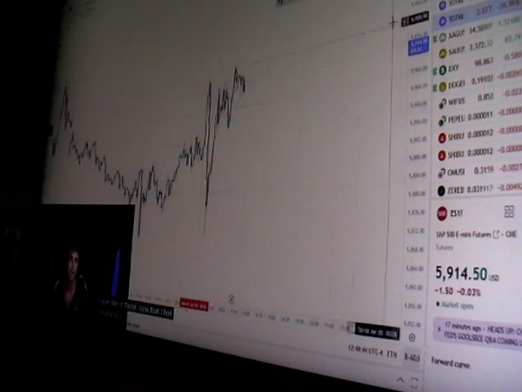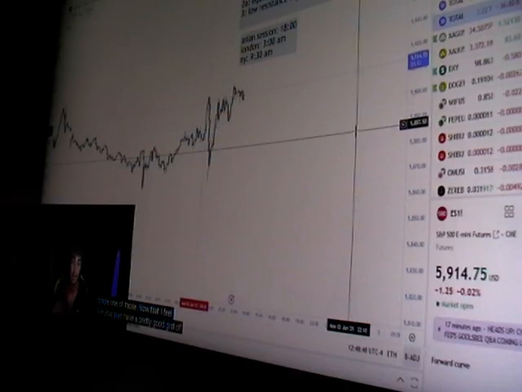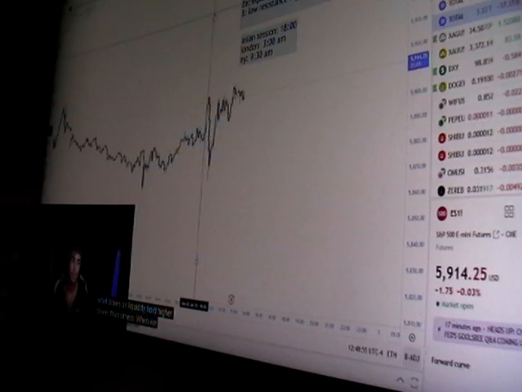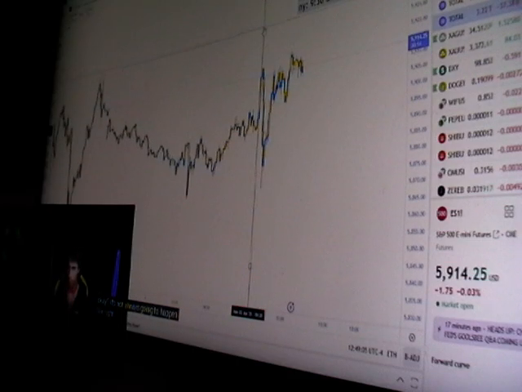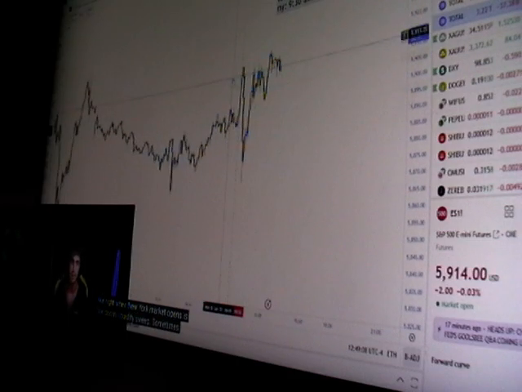Now that I feel like you guys have a pretty good gist of identifying these draws on liquidity, what draws on liquidity hold higher power than others, when we should be looking for draws on liquidity, again, we're looking for draws on liquidity to get hit, not right when market opens, okay? It's not always going to happen like right when New York market opens, it's like boom, liquidity sweep. Sometimes it takes time, okay?